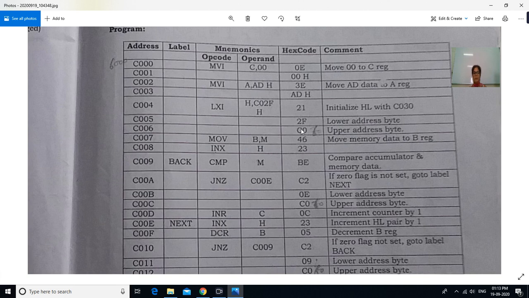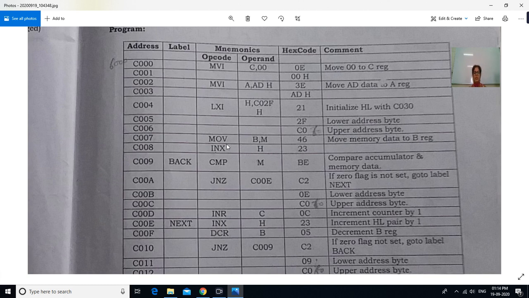Now MOV B, M. Now you know that we require the HL register pair for some other task, so we have to move that data into some register. That's why we are moving the contents, that is the length of the block, into some register.